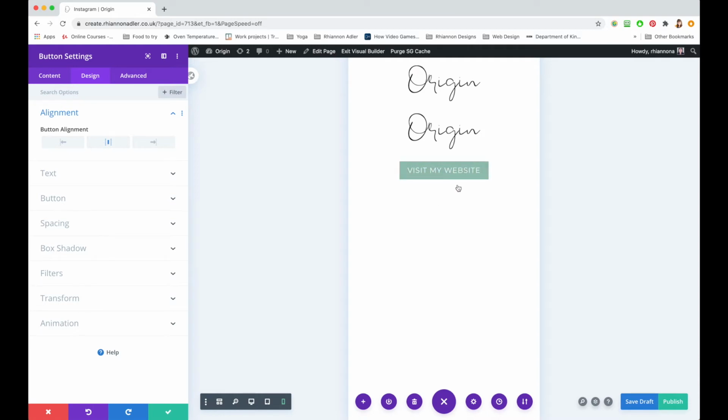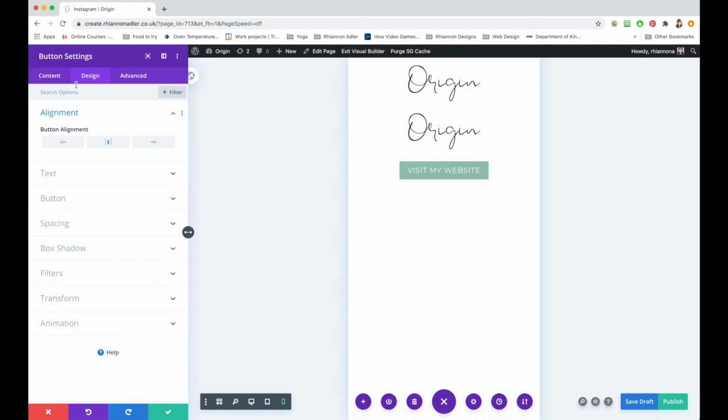Your buttons will look different, and they should be in the style of your own branding of your own website. So you shouldn't necessarily have to make any changes to that because they should be in line with your branding. But if for some reason they're not, or you want to adjust them slightly,